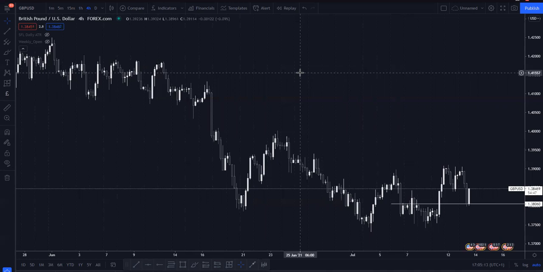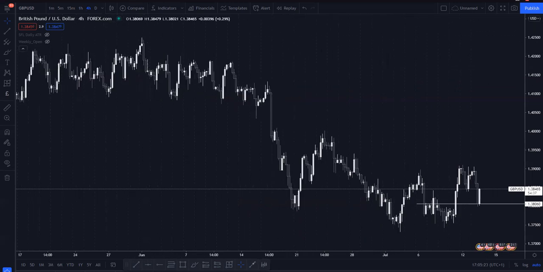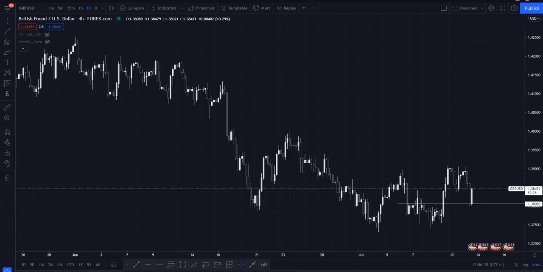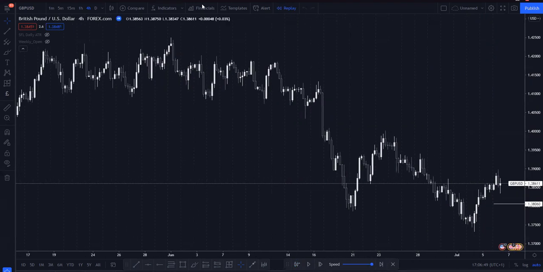I'm not saying it's not going to work, but you want to align your high time frame bias with your lower time frame bias, because it will give you those extended moves, those big moves to the upside. Just as an example, let's say you are trading the 4 hour and you're trading the daily as well. So if I just use the replay tool here, just to pinpoint my example,